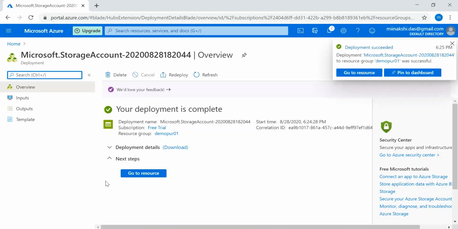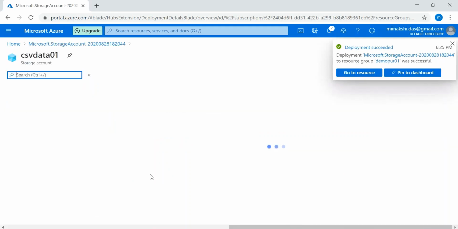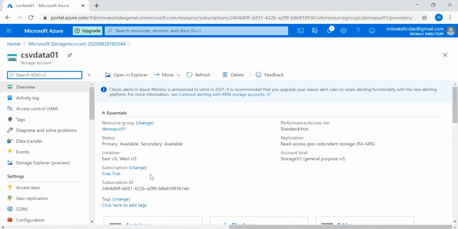It is deployed. Let's go to the resource. Here are the resource details.